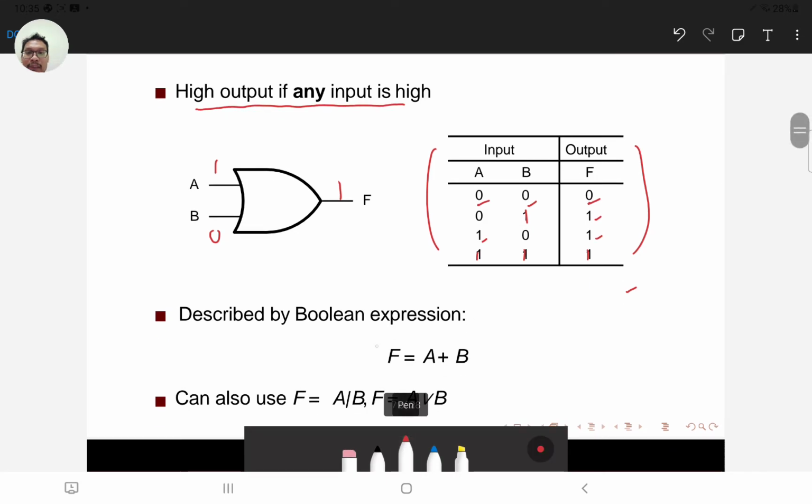So for an OR gate, we can represent it using the following Boolean equation, which is A + B. Be careful, this is not a regular plus, this is the OR Boolean expression, the plus. So for example, if you have 1 OR 1, the result is 1 and it's not 2. We can also represent the OR gate using